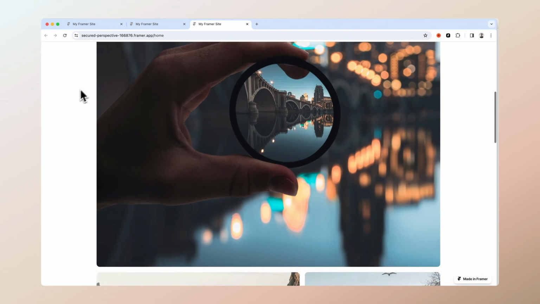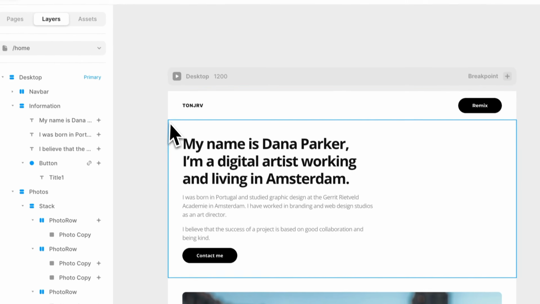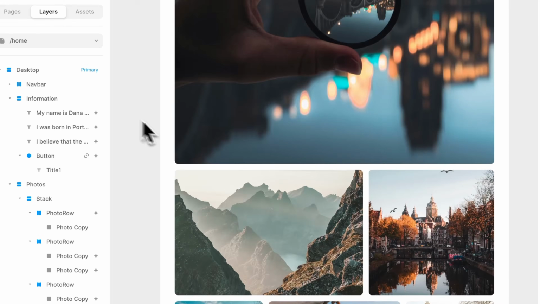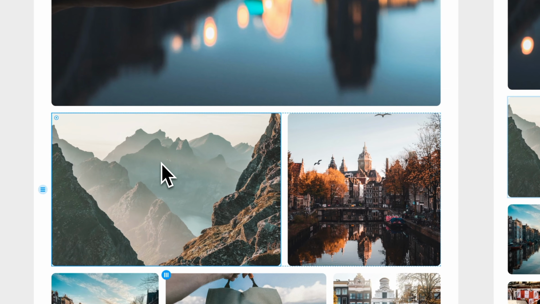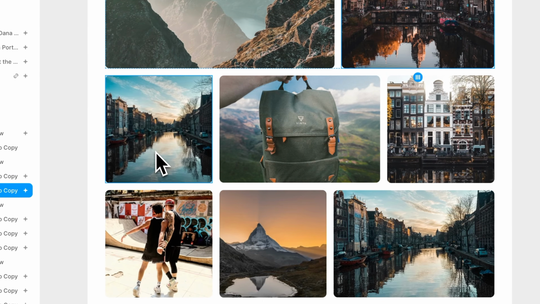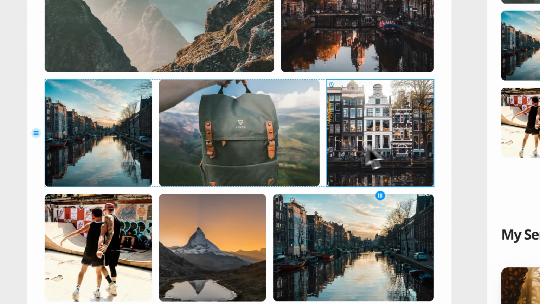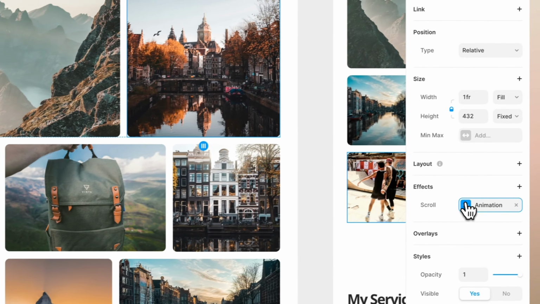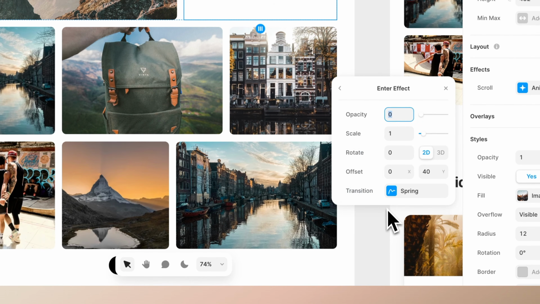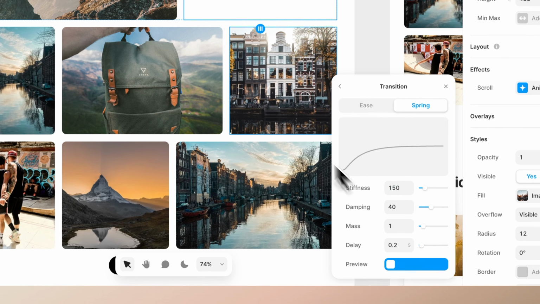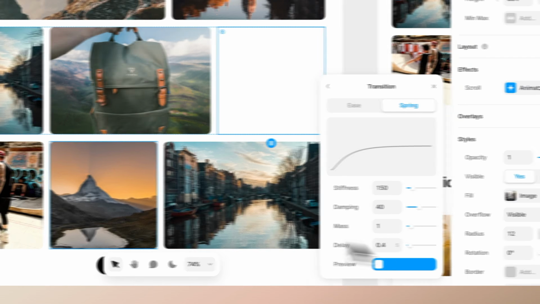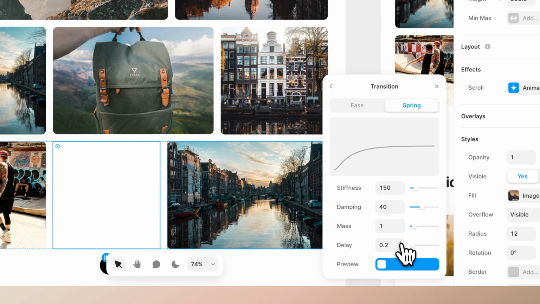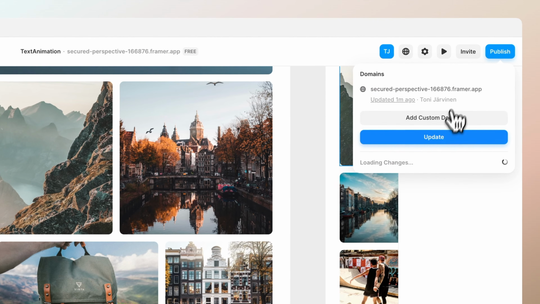So what we want to do now is we want to play around with the delay values again. So basically we want these to be shown, animated, like when you reach this row, this animates first and this animates second. In this row, first, second, third, and so on. So in here, let's select the right hand image, go to enter, spring, set the delay to be 0.2. Here again, 0.2, 0.4, 0.2, 0.4, and now if we publish the site